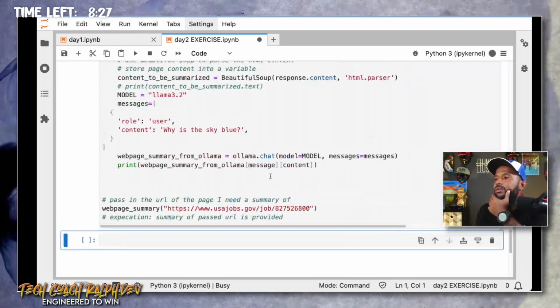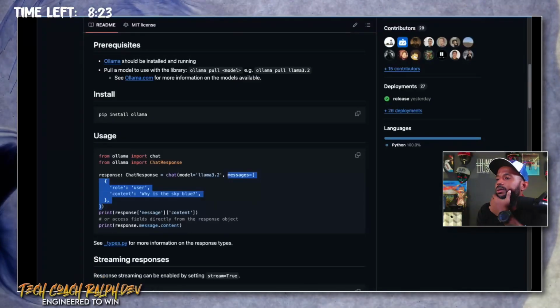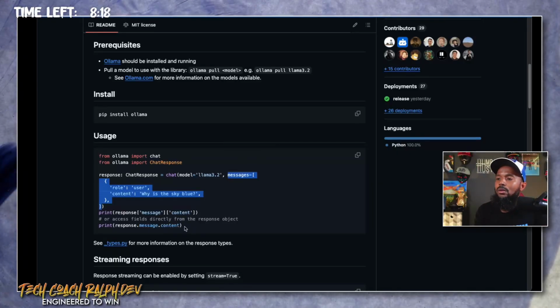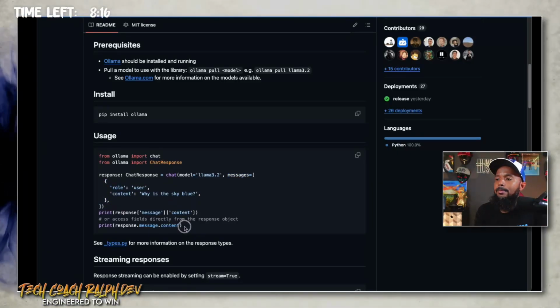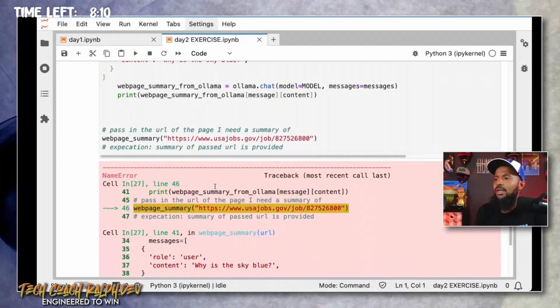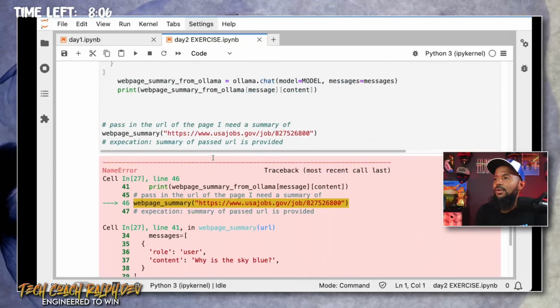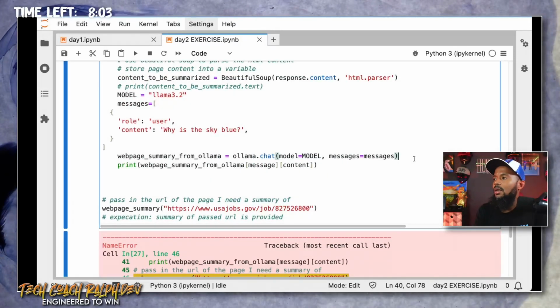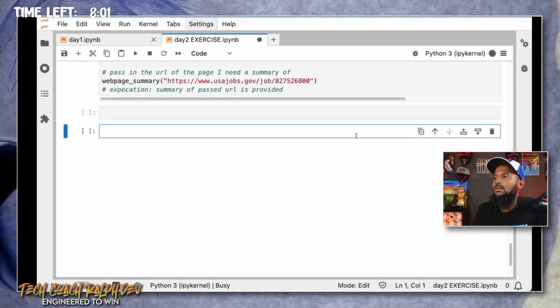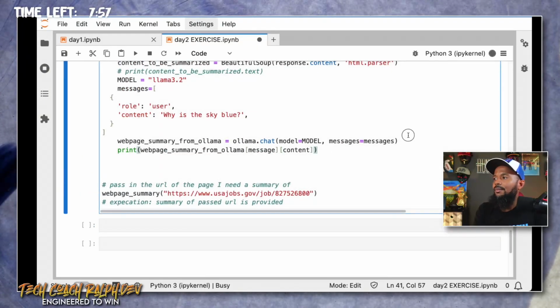Not getting anything returned. Response message. Response message content. Should be getting something back. Oh wait, got an error. It says message is not defined. So here's what I'm going to do, right? Before I even get to this point, I'm just going, oh, come on. Oops. What in the world just happened here? Oh, wait. So before I even do that, I'm just going to